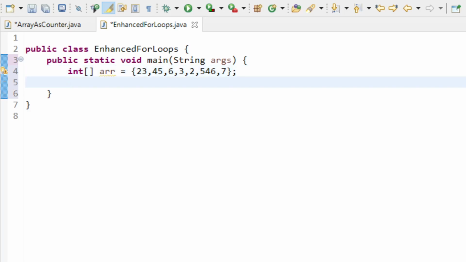So now we need a counter variable here, or you can say not counter. We need a variable which will store the sum of all these elements. So let's name it total, and